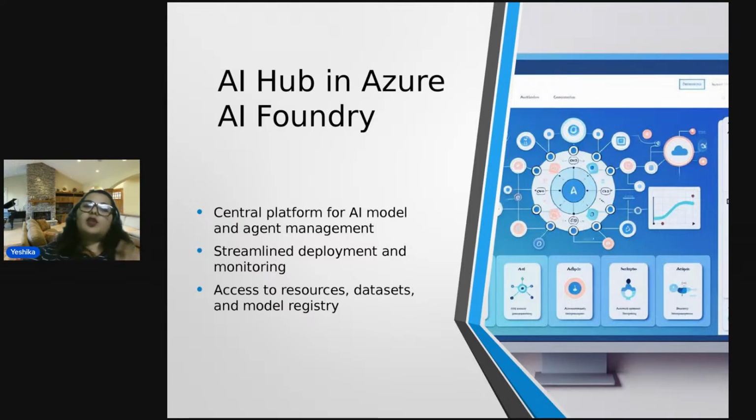So when we talk about streamlined deployment, at that point, when you have all the resources already fetched and available in your hub, you integrate that with your AI Foundry. AI Foundry will provide you the base, the surface level, that is the SDKs, the development kits that are already available in it.